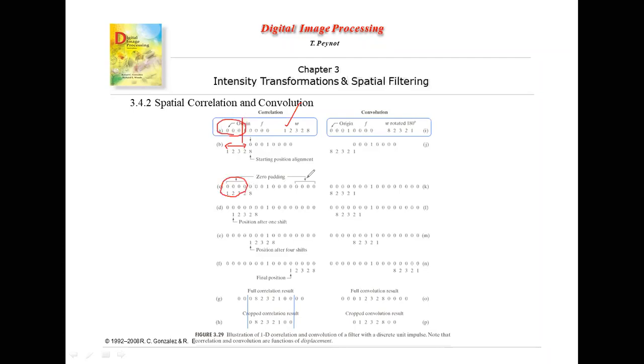You can see zero padding plays a very important role to avoid any unused or junk values being taken into consideration. We'll keep this zero padding in mind. Zero padding is for those values, as a consequence of the expression x of k h of n minus k, where h of n minus k is present but x of k is not defined. It's awkward. That's why let there be some values.